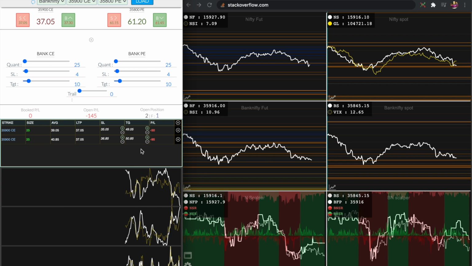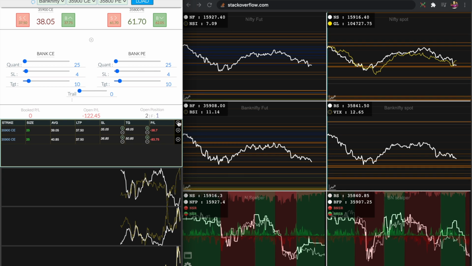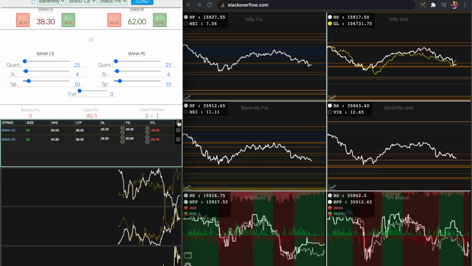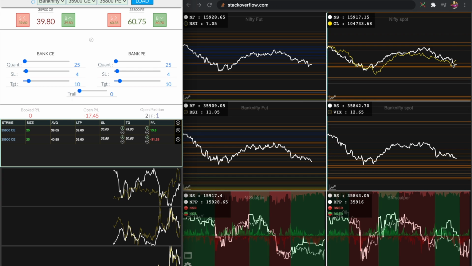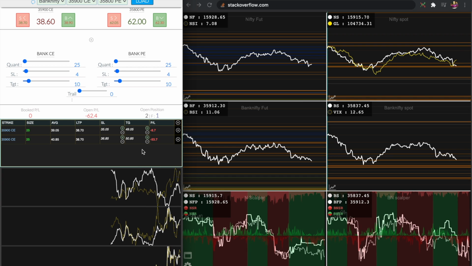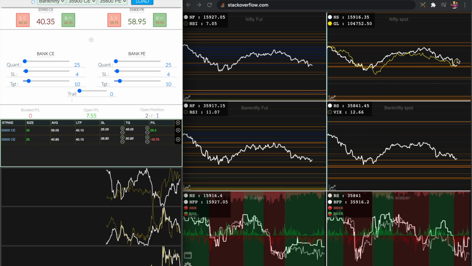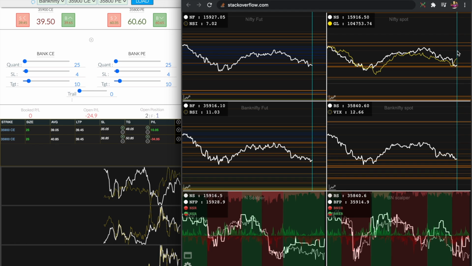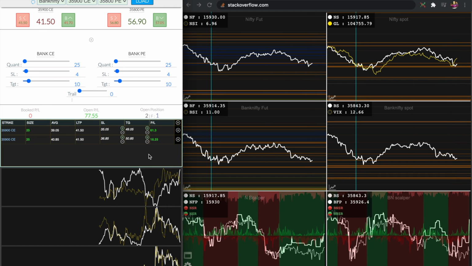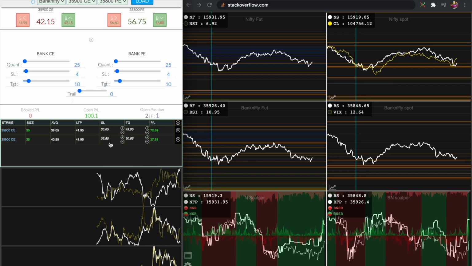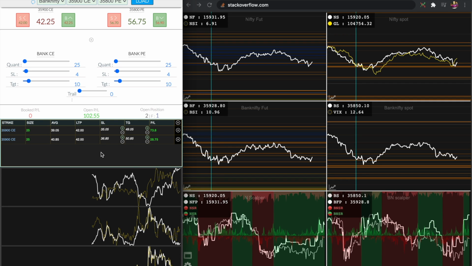And one more thing is, after you take a trade and if you have kept a stop loss of 3 points or 4 points, do not modify the trade until the stop loss is hit. Right now we analyzed the market with some logic that there is some support in this Nifty spot. From there, either it should bounce and give you a profit, or if that support breaks, your stop loss should be hit. So first do the analysis, after that you can take a trade. We have the stop loss in place, and here you can see the price is bouncing. So yeah, this is how you take a trade.